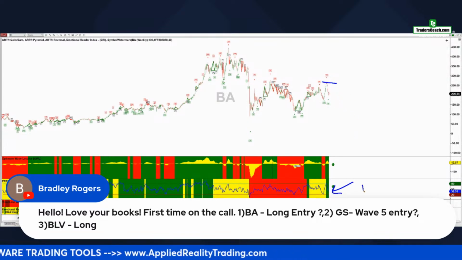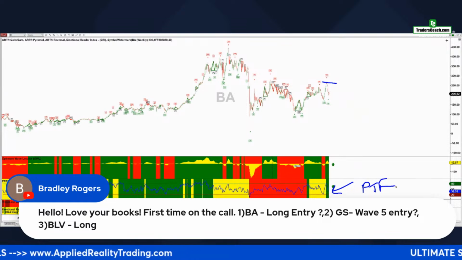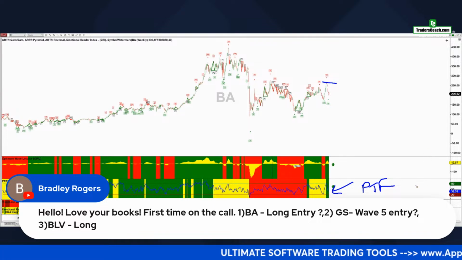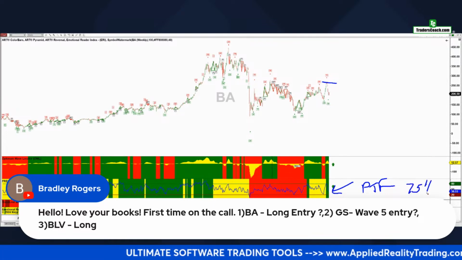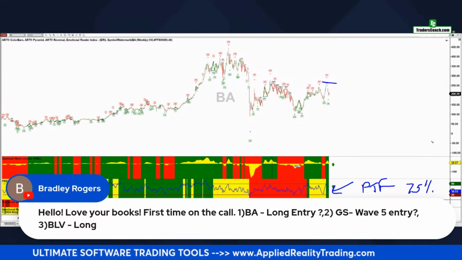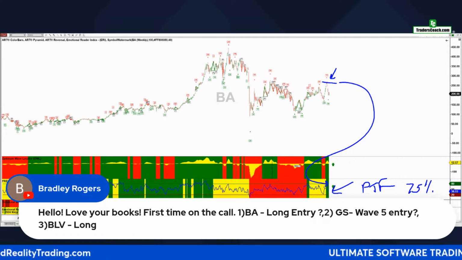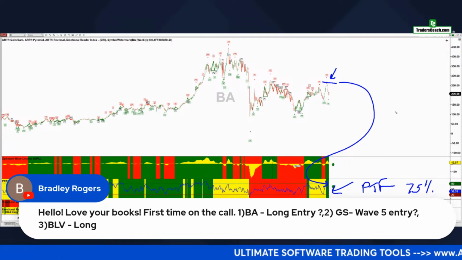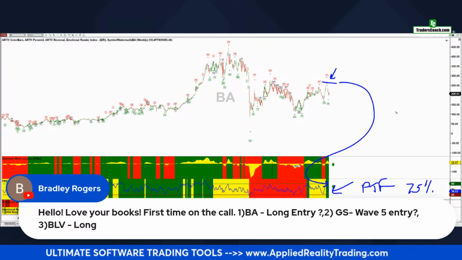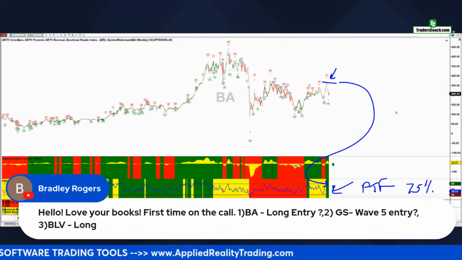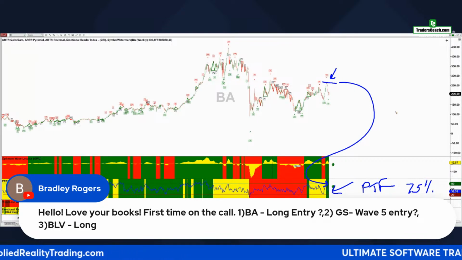So this indicator here is called the PTF, right? Precision Trend Filter is what that stands for. And it's a really cool indicator. It has a 75% probability of accuracy. Basically it's saying we should at some point return and take out the high where my line is up here, which represents the highest price in the PTF green color. The PTF does not, however, tell you when that's going to happen or if the market is going to sell off for a while before it returns back to the upside. So while it's pretty smart, it's not that smart.